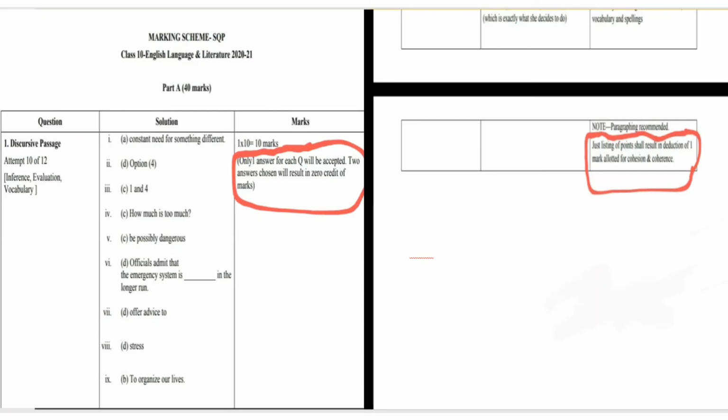And now the point that is very close to it, you can see the next highlighted part in red color here. Suppose you are writing something that is very lengthy, you try to write in paragraphs. They have written there that paragraph is recommended. Don't keep on just writing in points. You have to divide whatever points you are writing into sensible paragraphs, so that you can establish a proper connectivity between them. These are the 2 very important points that I wanted to highlight.